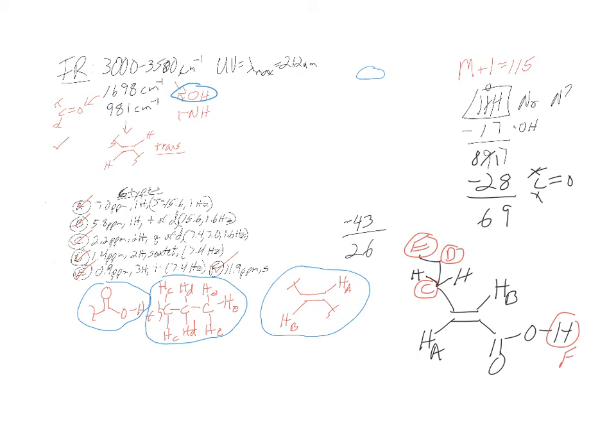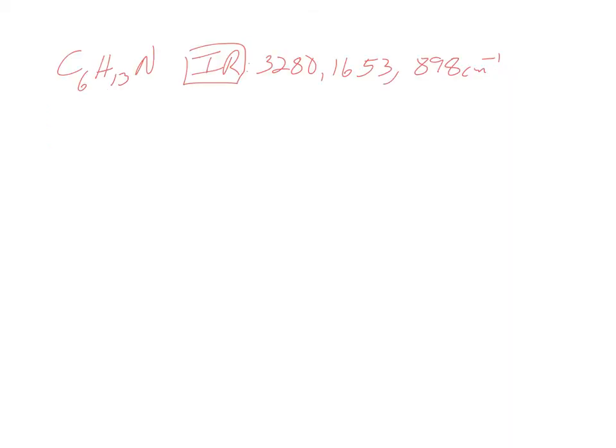So yeah, the last little bit, why did the UV matter? The UV mattered because it told us to make sure that our 2 pi bonds were right next to each other. We had to be conjugated. So is this a conjugated system? You can go back to the UV and say, yep, check mark. This was a conjugated system. If I'm UV active, I must have conjugated pi bonds or lone pairs. Again, conjugation is lone pairs or pi bonds right next to each other, yep, in a p orbital system. All right, so